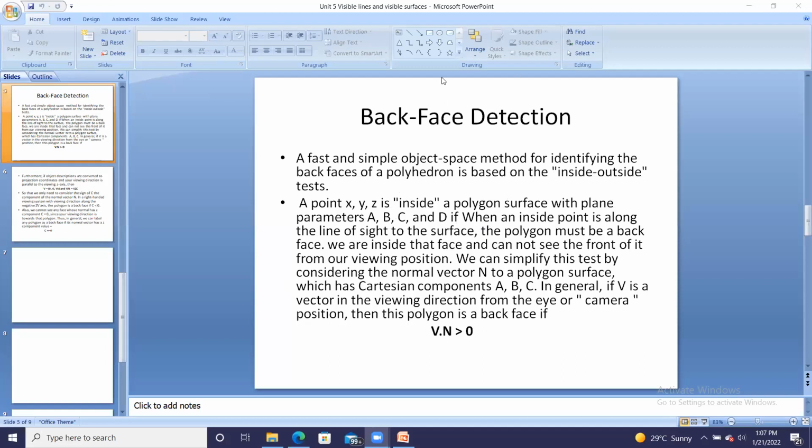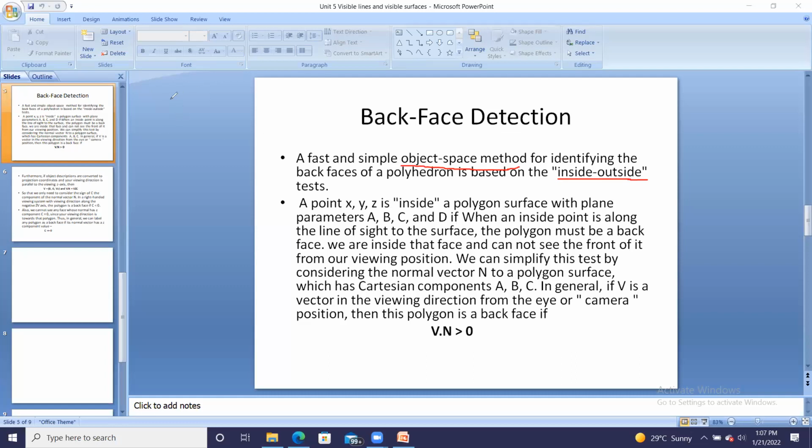Yes ma'am. Okay, right. So let us start with the backface detection algorithm. In this algorithm, I just now told you that it is the object space based method, which is the first approach of detecting the backside faces. This algorithm is very fast and simple because it uses only one property of the polyhedron: it detects whether any point is lying inside the object or outside the object, and that's why it is carrying out the inside outside test. So in this algorithm,